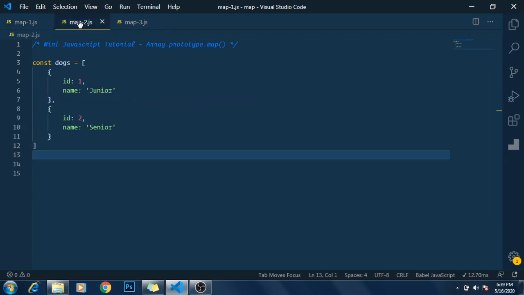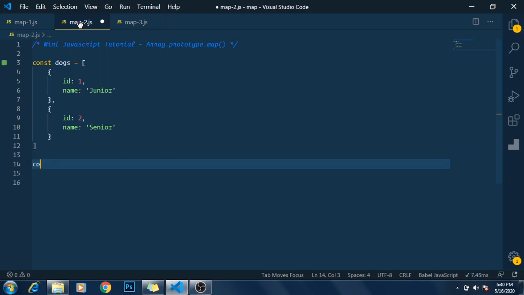Now let's move to how we can use the .map function with an array of objects. Consider we have an array of dogs where each dog has an ID and a name property. Now I want an array of dog names only. So I'll write const dogNames is equal to, and in the same way I'll apply the .map function on dogs.